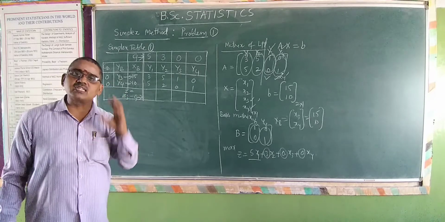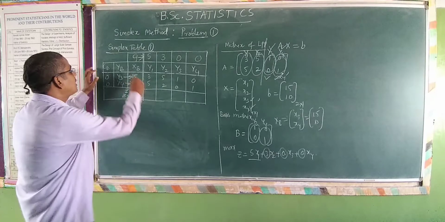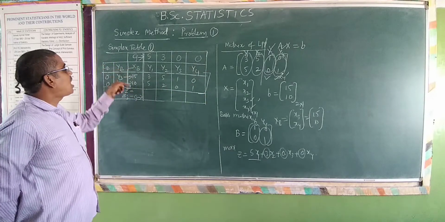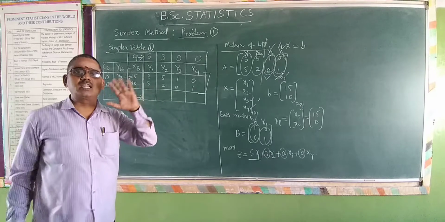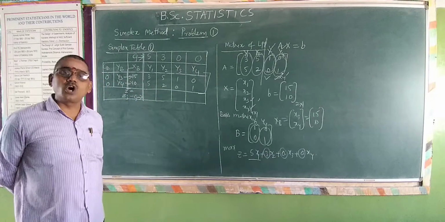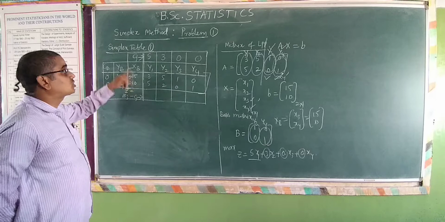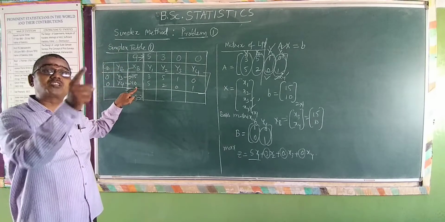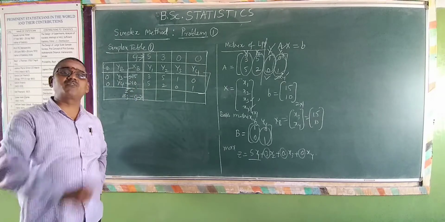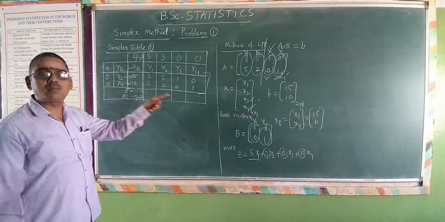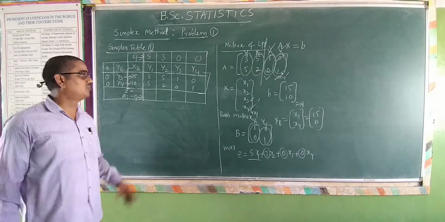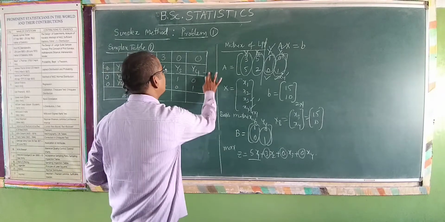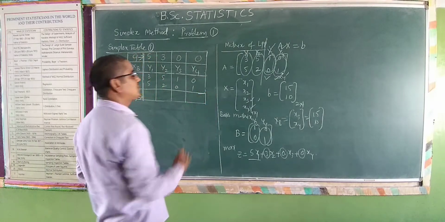We don't have any concern regarding the matrix. From XB to Y4, this entire thing is called the matrix. So the first column of the simplex table is this. That is the reason it says put the initial basic feasible solution in the first column of the simplex table. So this is the first column of the simplex table.